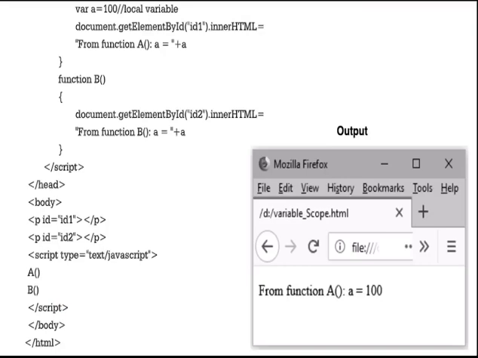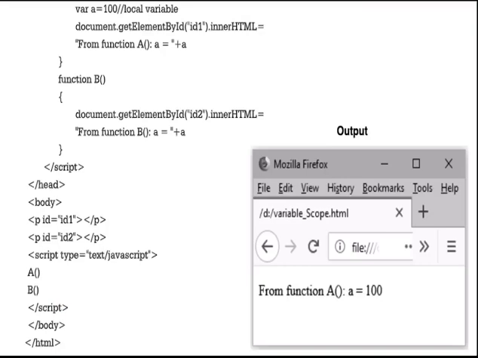So id2.innerHTML is equal to, the same as writing document.write. Now we are displaying something inside this function: "from function b, a is equal to" plus a. Now we are using variable a inside function b. So are we going to get the output displayed inside function b?